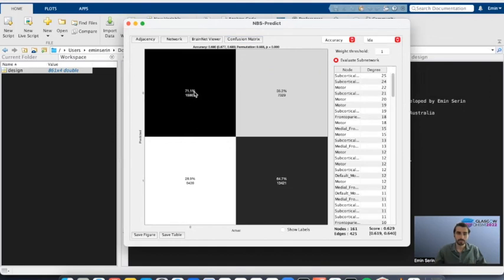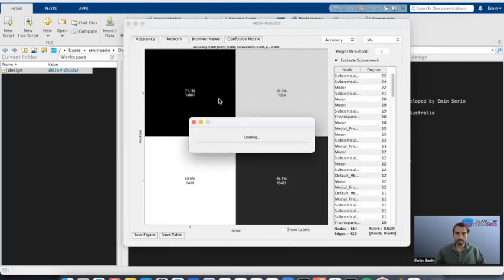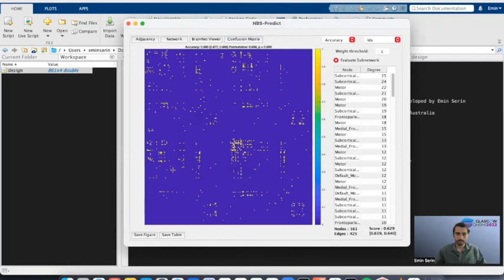I think the most important thing is just the percentage, not the numbers. Let's go back to the matrix here. We can also save the figures using this save figure button here, and for the table, just use the save table button here.